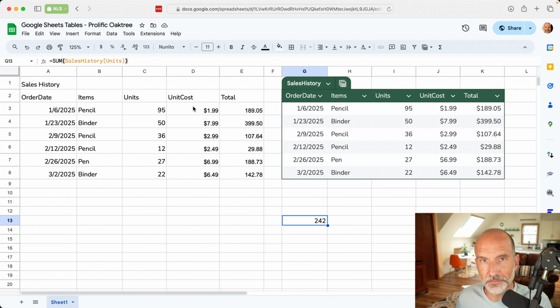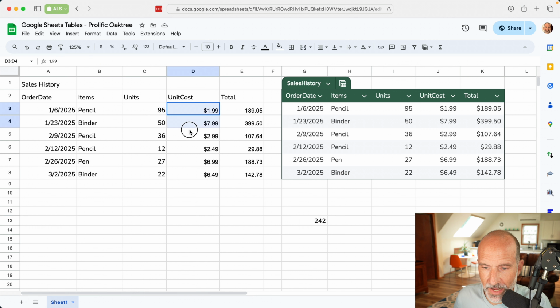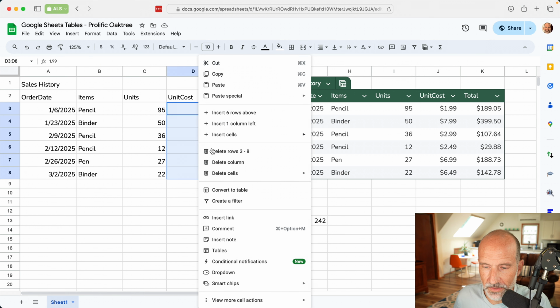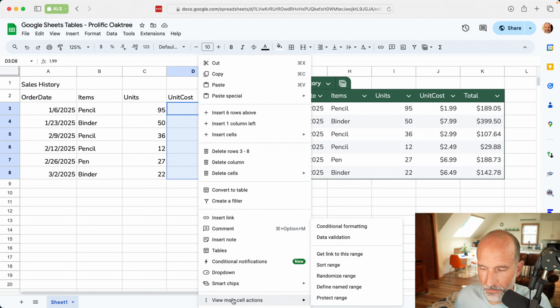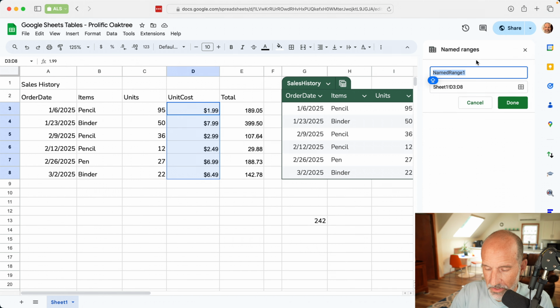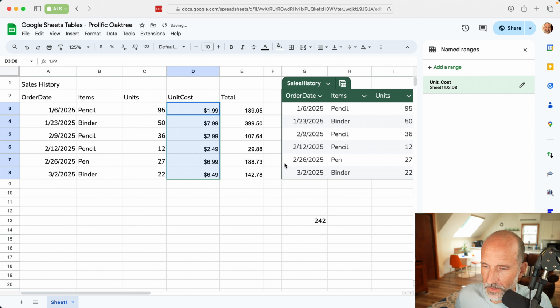You would have to use something called named range. Named range is the concept, but you would put in a named range. So what you would do is you would highlight that data. You would right click on it. Yeah, it was hard to find. Go to view more cell actions and define a named range. And there you can, let's just call it unit, or can't type today, unit cost. And you see it's the range that you highlighted, and click done. And you've accomplished a similar thing, but